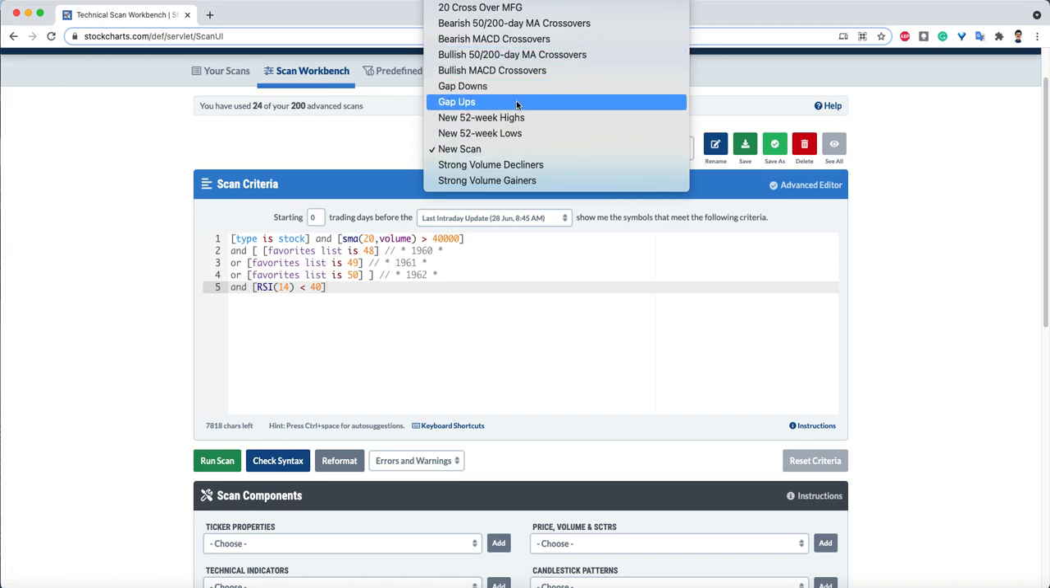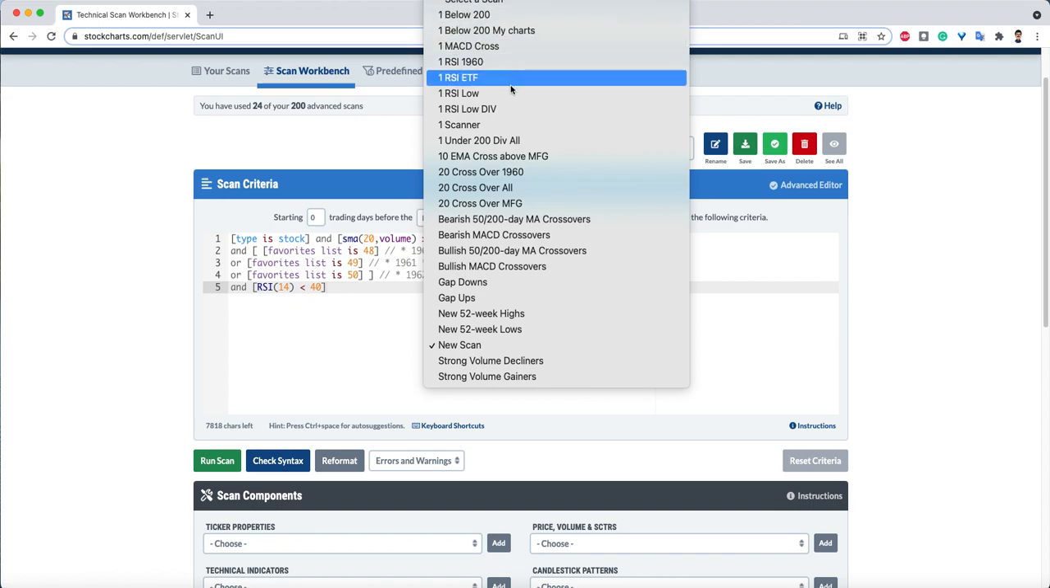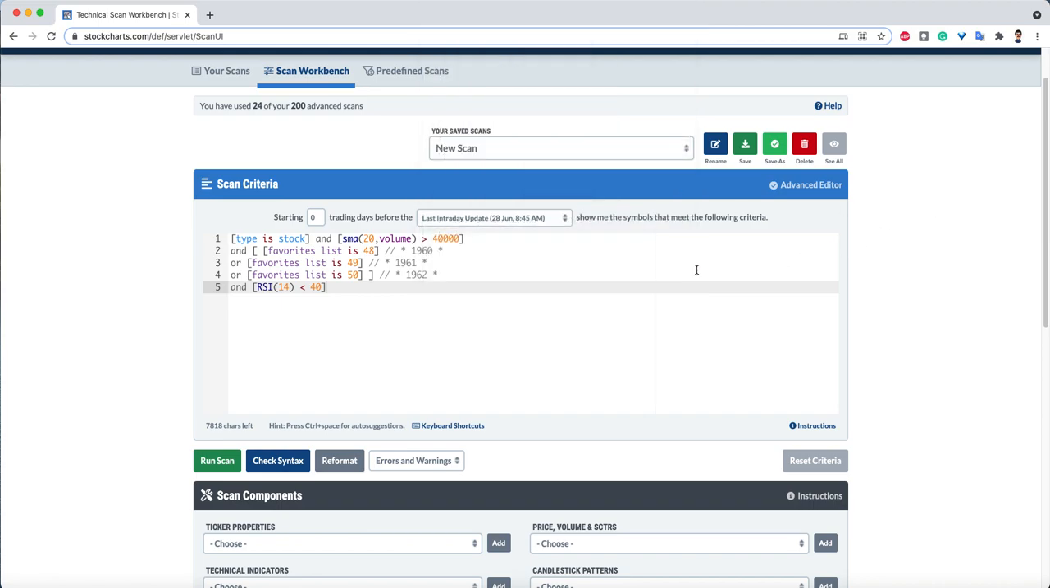Some of these are in there by default. Some of these I've made. You can see I've got one for stocks under the 200-day moving average for a certain amount of days, stocks that have had a recent MACD cross, some of my stocks where they've crossed over the 20-day moving average, and some of those I might get into in another video, but for now, let's run this scan,